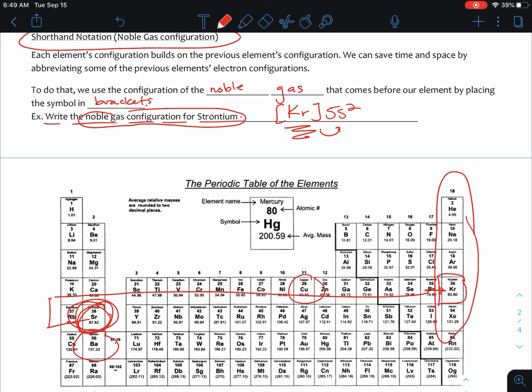So if I was to do another example like barium, so barium's electron configuration would be, if you go up and over to the noble gas right here, it's xenon plus 6s2. So hopefully that was helpful. Get that all finished up, turned in, and